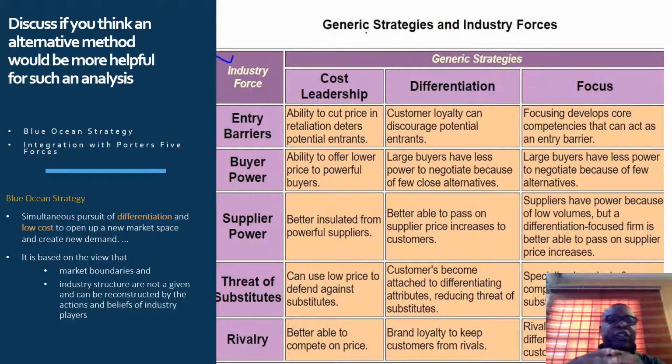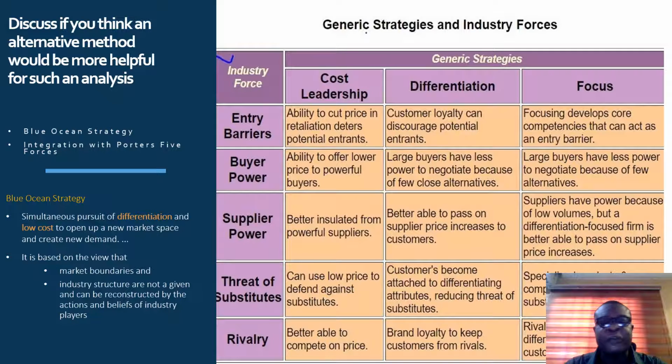Now, if we want to discuss alternative methods to improve the limitations of Porter's competitive strategy or generic strategies, I would start first with Porter's own extension of the conversation to include the external environment, which is the industry forces that impact the company. Marrying the generic competitive strategy, which basically focuses on internal capacities, with the external, provides a framework that, at least at the cross-section level, helps the company to develop a strategy that